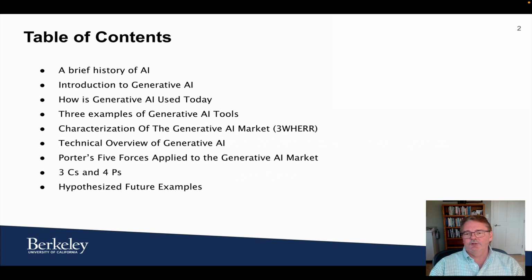I'll move on to cover Porter's 5 forces, which focus on the competitive nature of the generative AI market. And next, I'll apply a marketing and branding development framework called the 3 C's and 4 P's. This will specifically focus on leading companies that compete in the subset of the generative AI market that focuses on